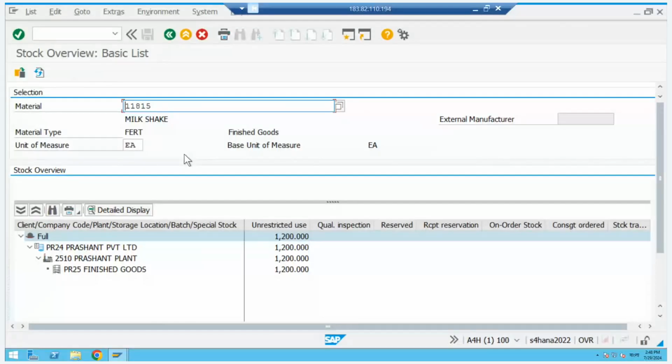See here, first your company code is written on the left side, PR24, then 2510 is your plant and PR25 is your storage location. So it is 1200 because 100 cartons we have ordered and every carton has 12 pieces, so 1200 is the unrestricted use stock. Now if you scroll a little bit right,